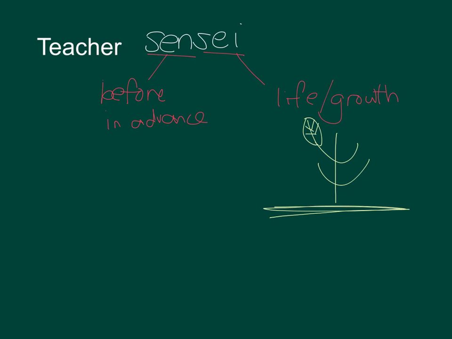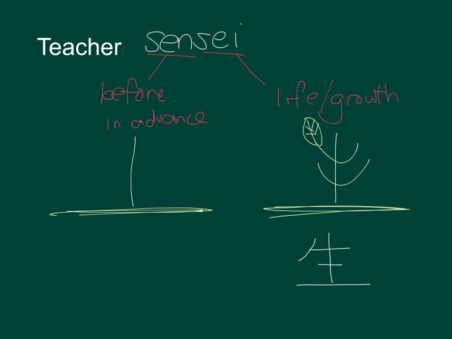Please repeat or trace the word with me. 1, 2, 3, 4, 5. And this is pronounced as sei. Okay, so now we're ready to move on to the word before and advance. And guess what? It actually has something to do with life and growth. If we know the word growth comes from the picture of the ground and a plant growing up,